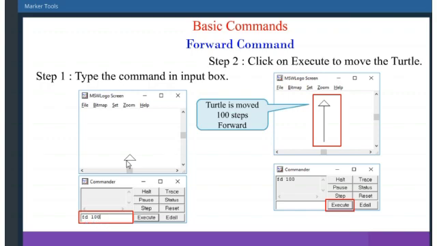Then the turtle moves forward 100 steps. After that, click on execute to move the turtle. First type the command in the command box, then click on the execute button. It will move 100 steps forward. This is the forward command.